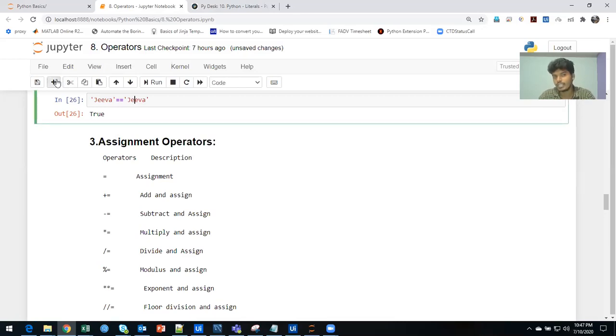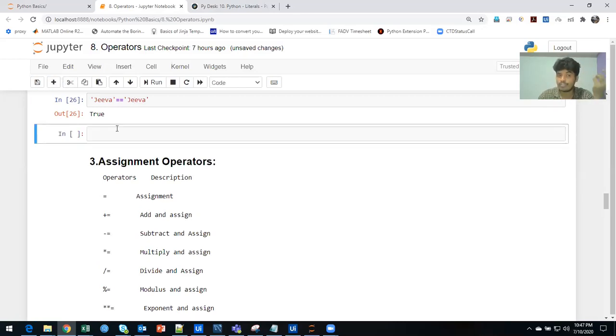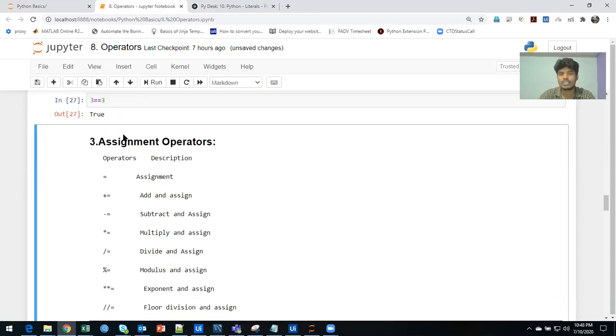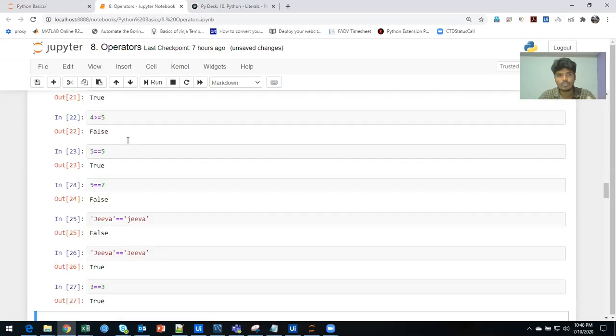In mathematics or anywhere else, we usually write something like x equal to 2, or 2 equal to 3, trying to match these two things. But in Python, a single equal to is just for assigning values, not comparing things. If you want to check whether two things are exactly equal, you have to use double equal to, so that you get the relational operator values.